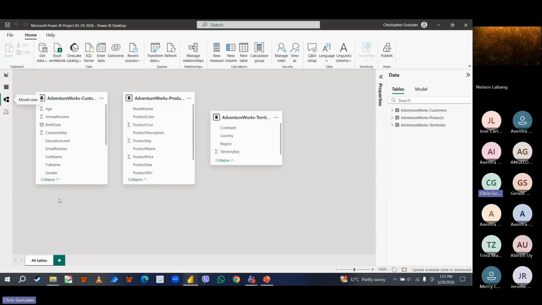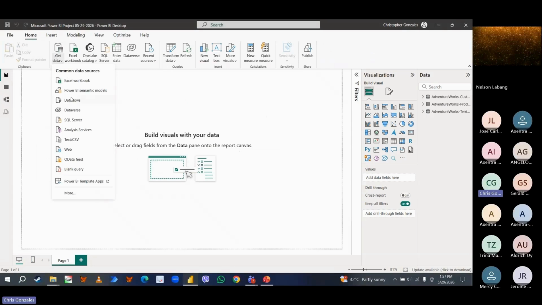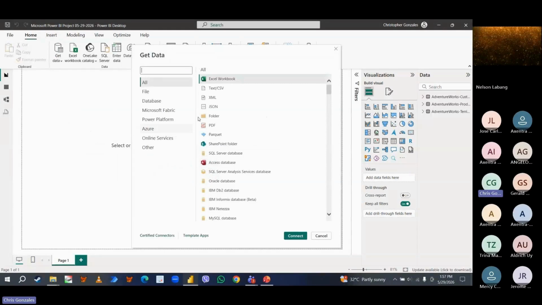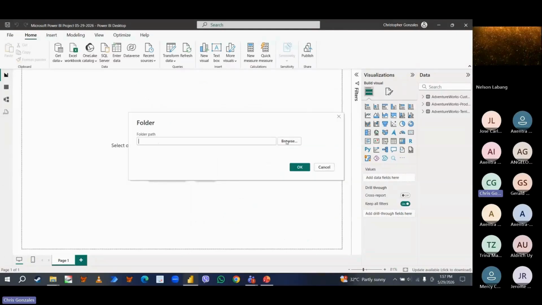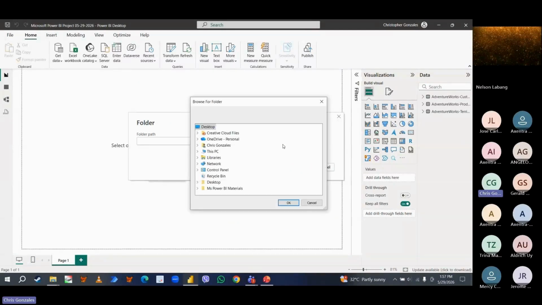To do that kind of demo, let me begin with the front end. Click Get Data. I have here a More tab, and then I will select the folder option. Okay, so earlier we chose Excel. This time we choose the folder. Click Connect, and I have here a Browse button.